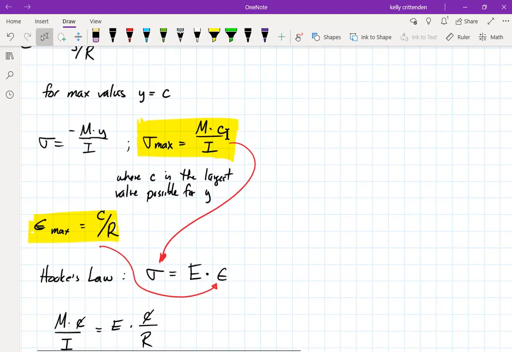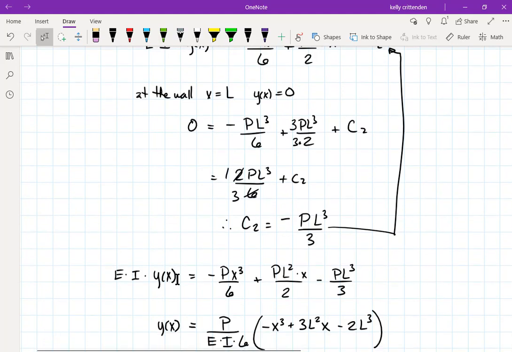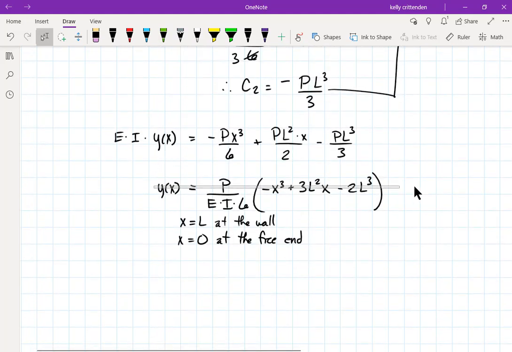You may have to generate an m of x possibly, or not generate the equation, but use the idea of how to get the bending moment at any point in the beam without drawing the shear and bending diagram. But I'm not going to, and again, this is test 3 anyway, but I'm not going to ask you to figure out how do you calculate this equation